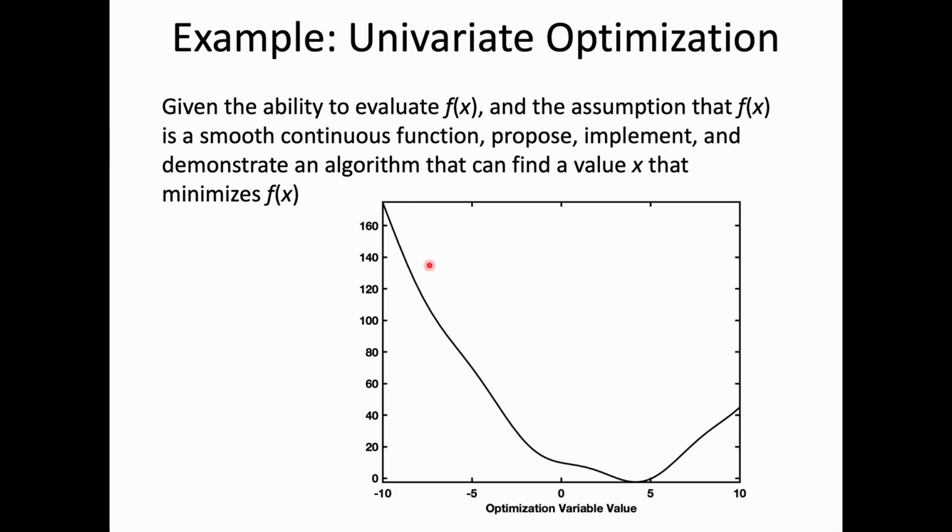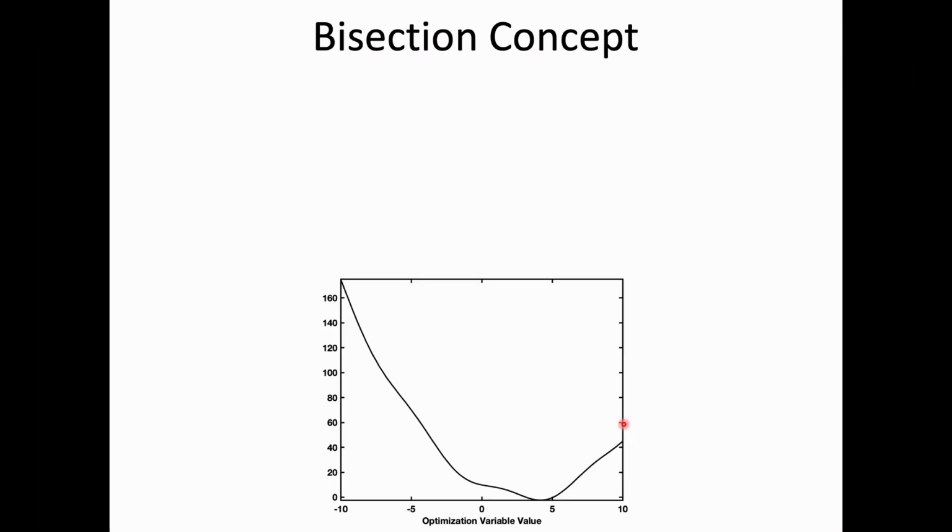Here's a plot of the example function we're going to be using today, and clearly there is a minimum over here just to the left of 5, and we want to create an algorithm that can find this minimum. We're going to use this concept of bisection. Here I'm going to introduce the concept, and then we're going to step through a few different stages where we gradually increase the level of formality until we finally get to actually writing the code that's going to implement this